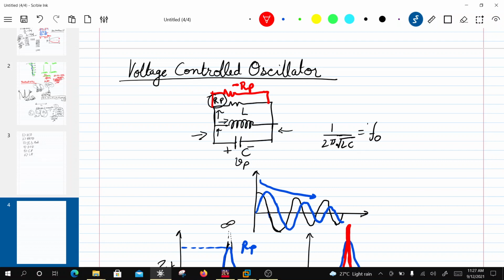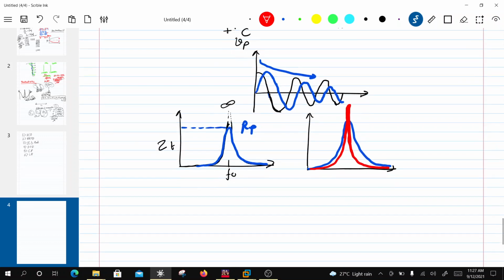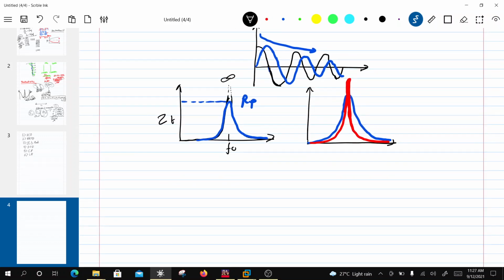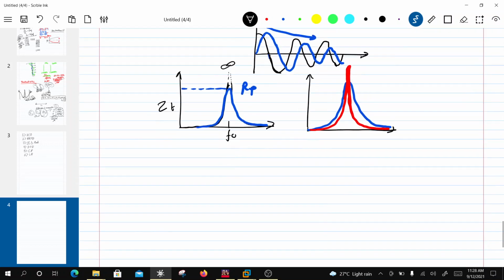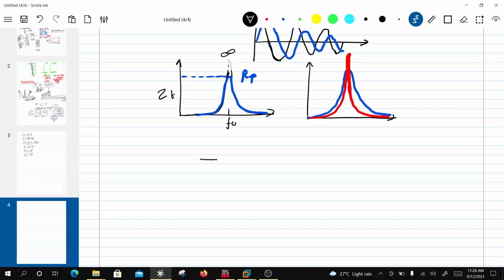Now, what is a circuit which is going to give me a negative resistance? So let's see an example. Let's say I have an NMOS device and I have a voltage applied as a small signal voltage Vx, and this has a polarity as shown here. Now if I cross couple a transistor like this,